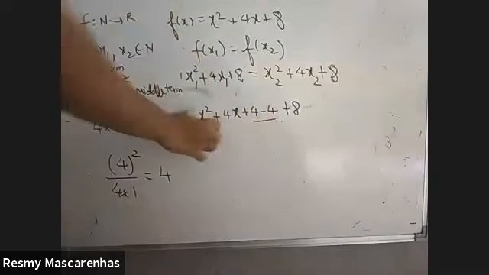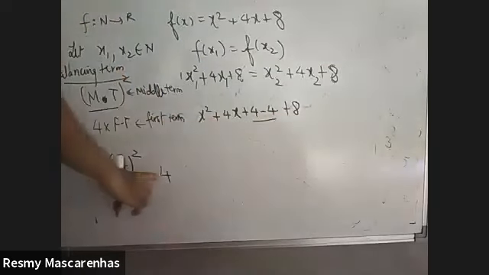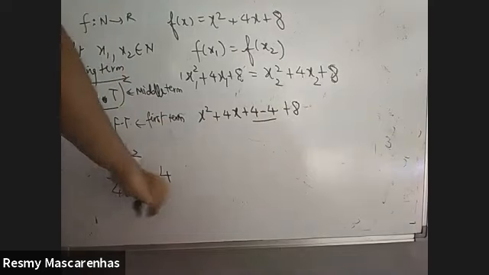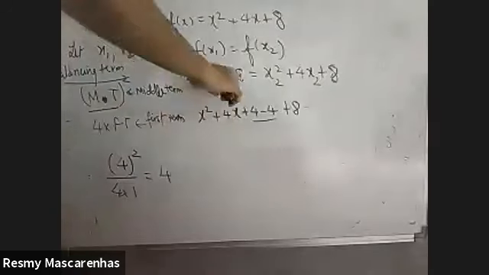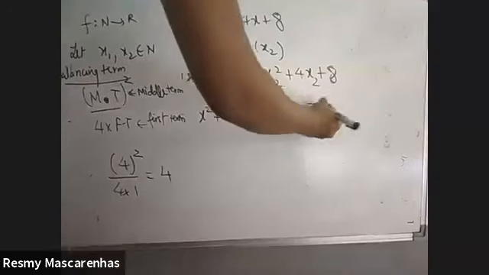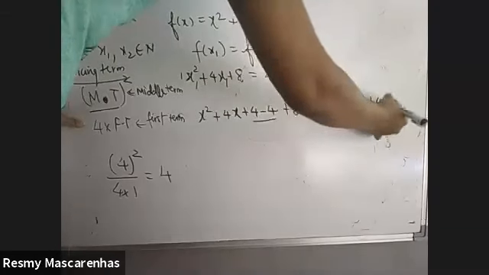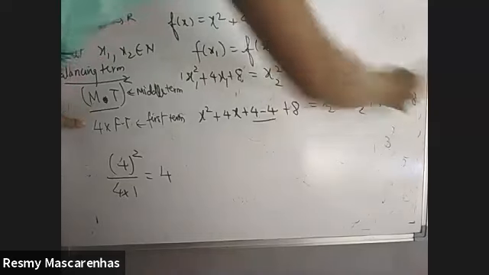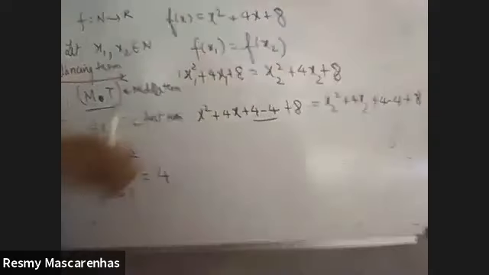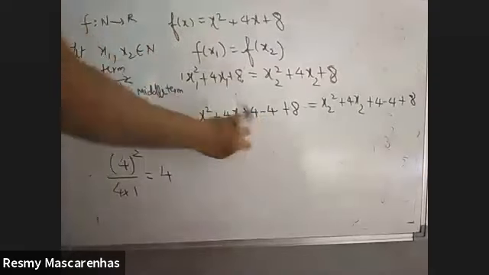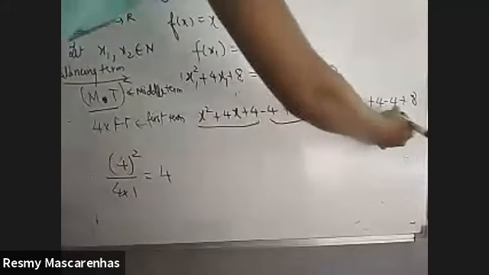Why I need this? In order to make this a perfect square. So this balancing term, whichever I get, I have to write plus and minus, and then you can write this. Same way on the other side also. Plus 4 minus 4, and this one's plus 8. Okay. So now this part,